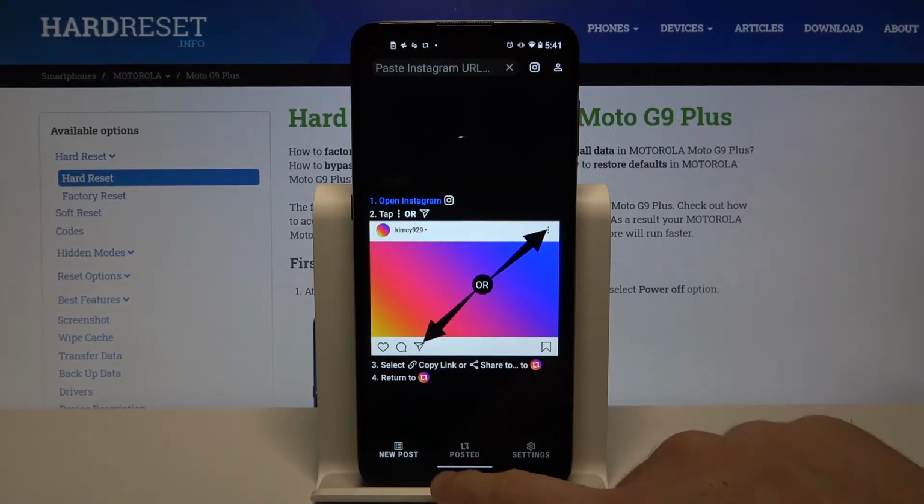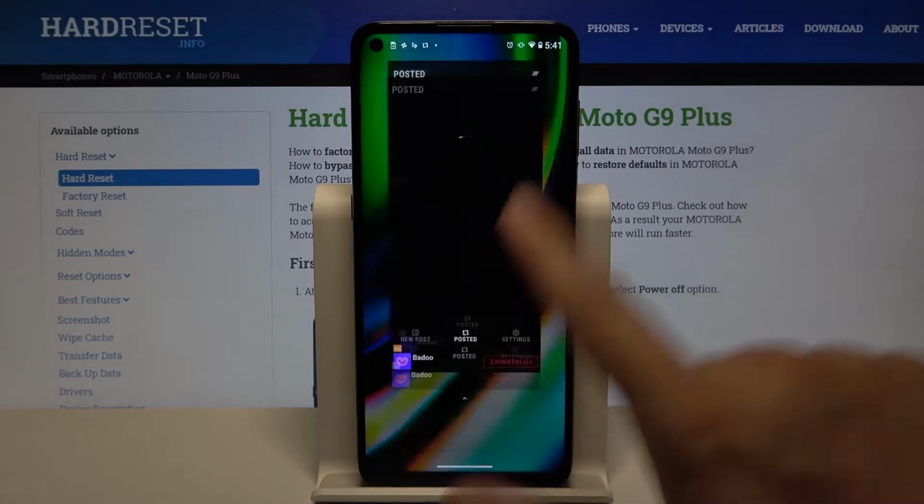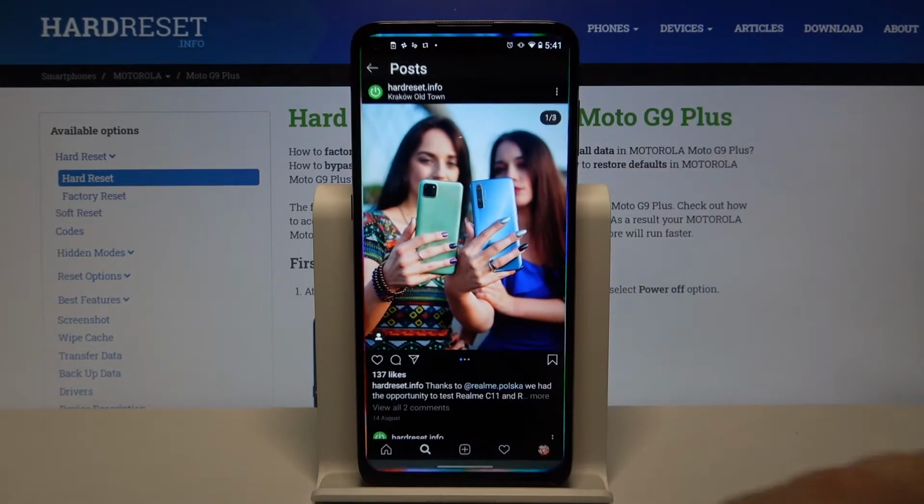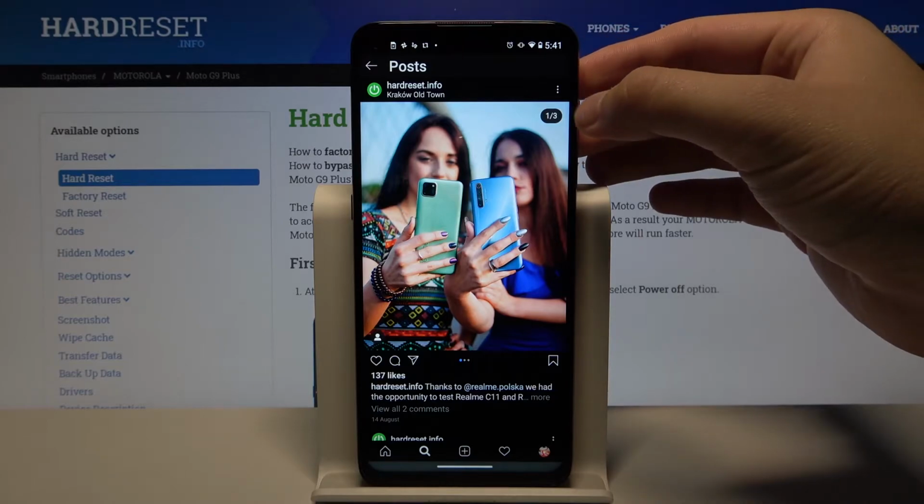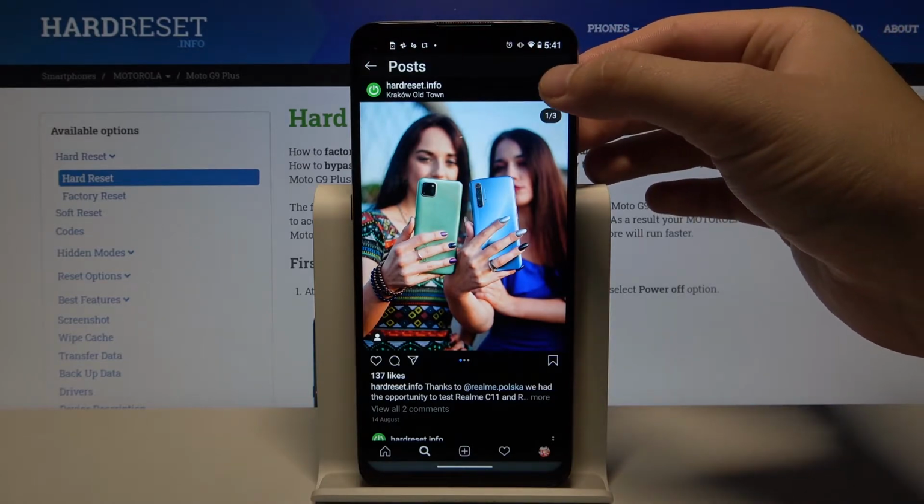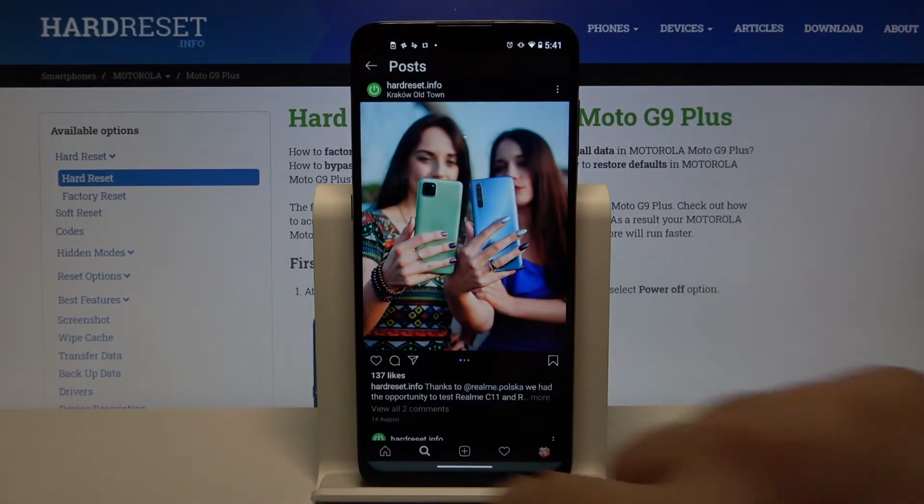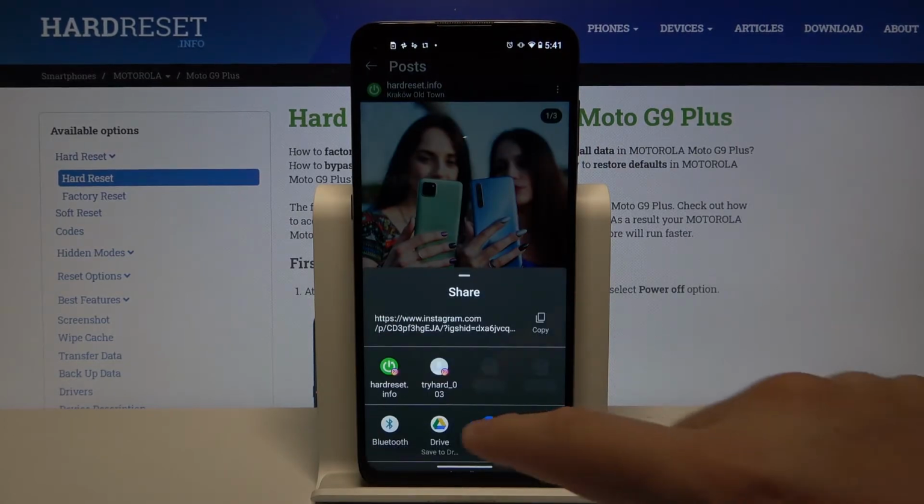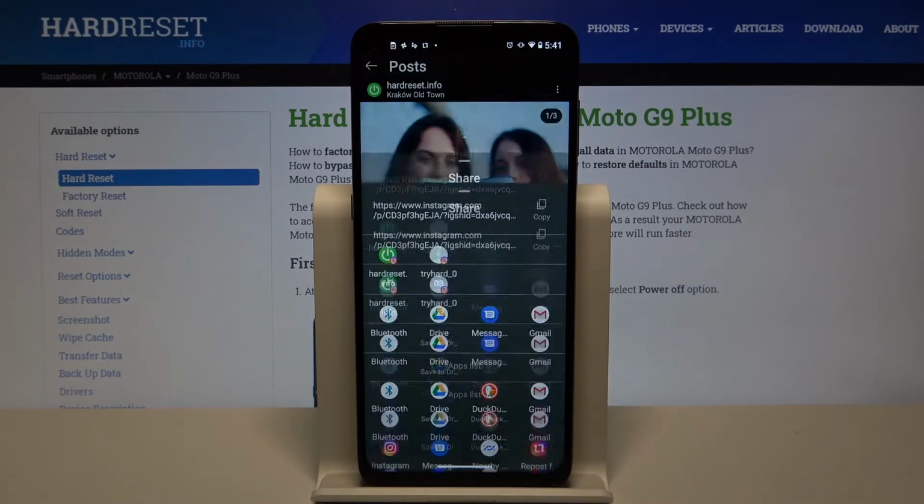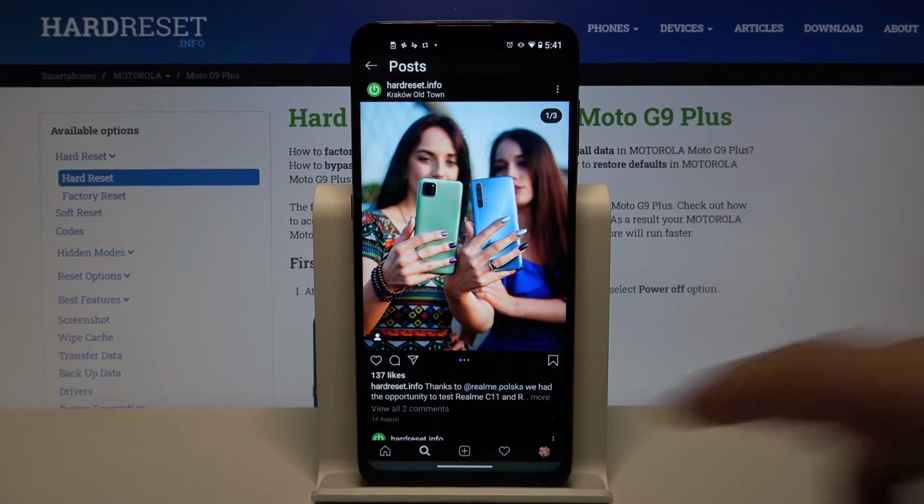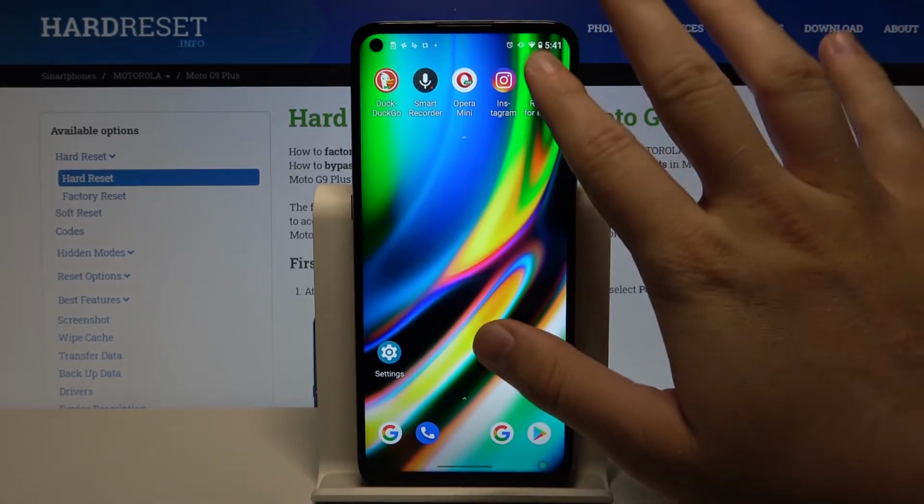Click here, and after that just simply go back, go to Instagram one more time and click here on these three dots in the right upper corner. Go to Share, and then you have to go to the Repost for Instagram application. Right now just go for it,